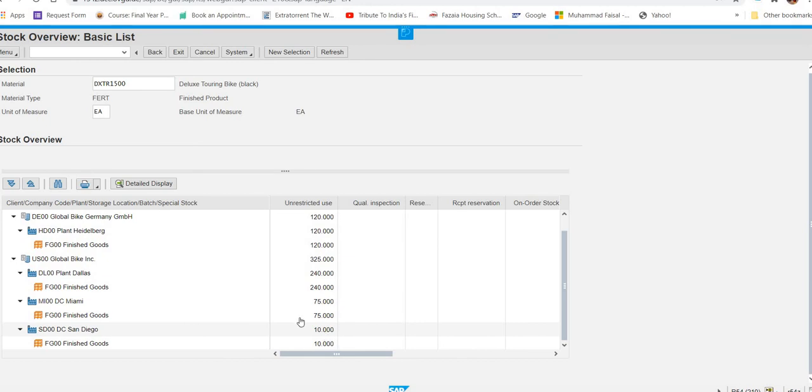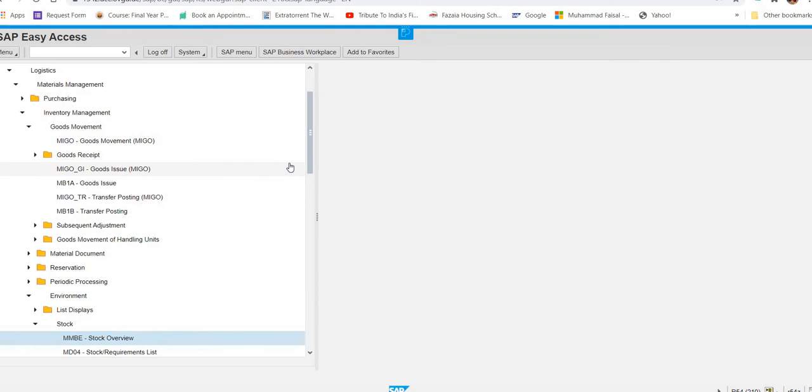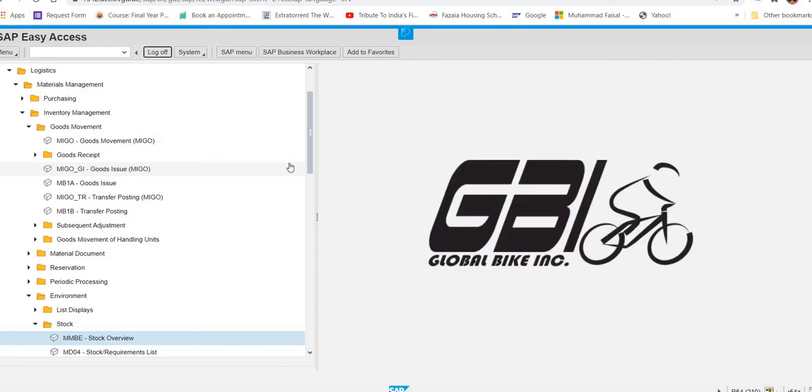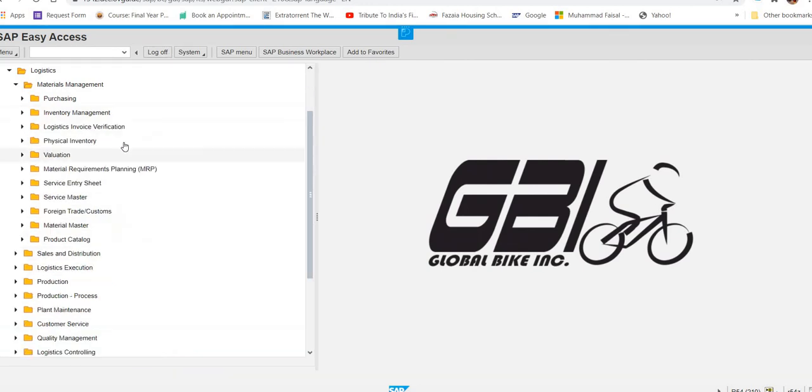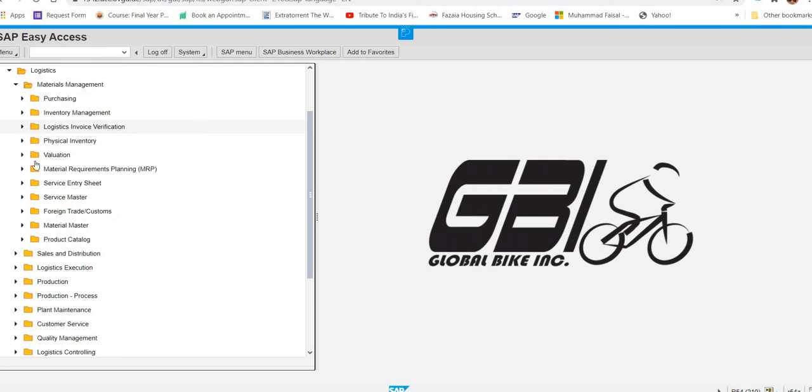Now if you want to check the bin status, again logistics, and under logistics it will be logistics execution.